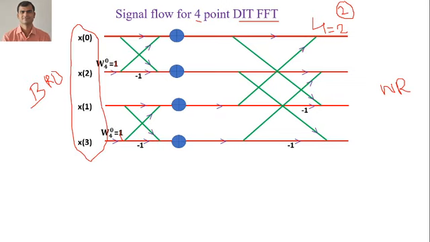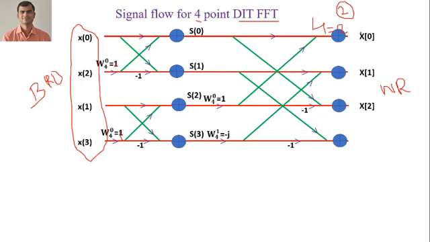I have told you it is 1, and the stage 1 output I have considered as S0, S1, S2, S3. These are the Twiddle factor exponents required for second stage, W40 and W41. You can calculate this value W41 and W40. For 4 point it will remain same for DIT FFT algorithm. After the second stage also we'll be having the addition, and here we'll be having x of 0, x of 1, x of 2 and x of 3.